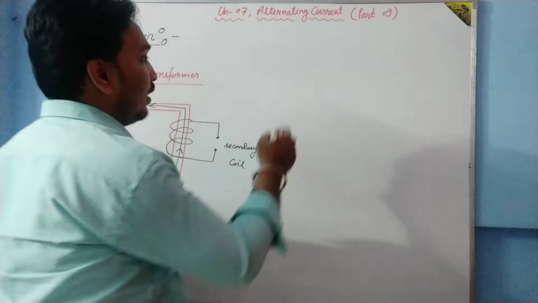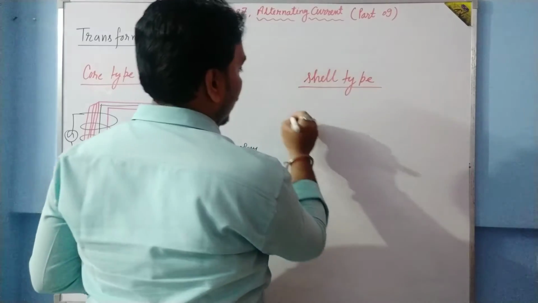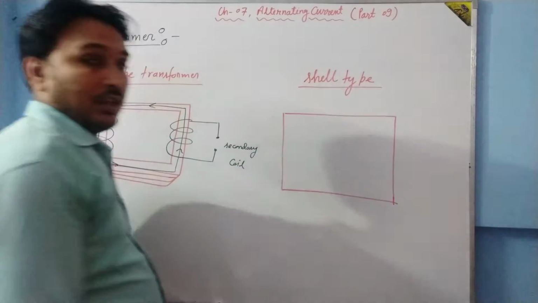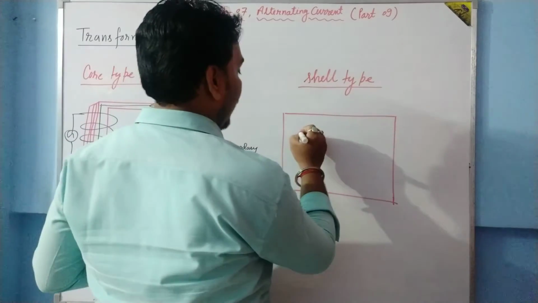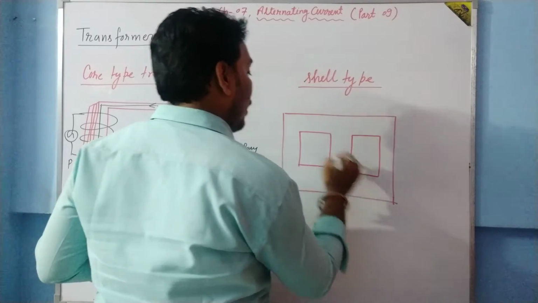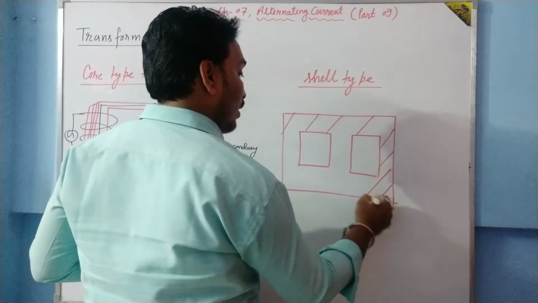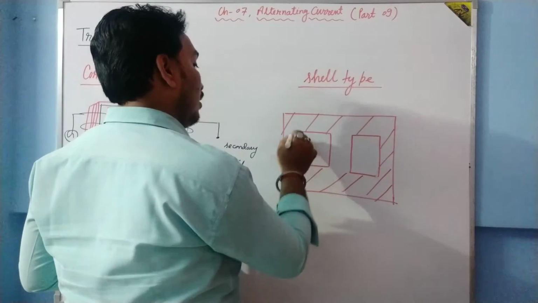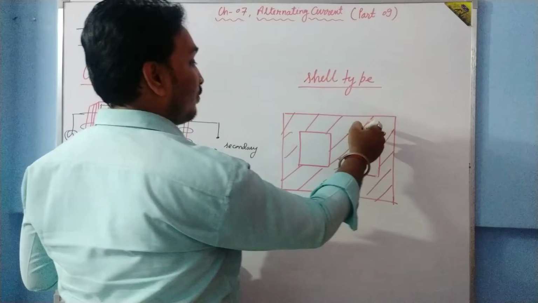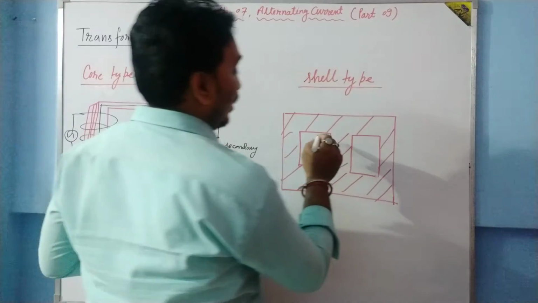Another transformer is the shell type transformer. What is this type? Again, so many thin sheets are there, okay? But the sheets have some holes. One hole this side, another hole this side. Okay, this is the material. Again, soft iron we use. Okay, so this is all the material. Here, on two sides, there is a hole. Is it clear? Now, how are the wires wound? The primary coil is wound like this.